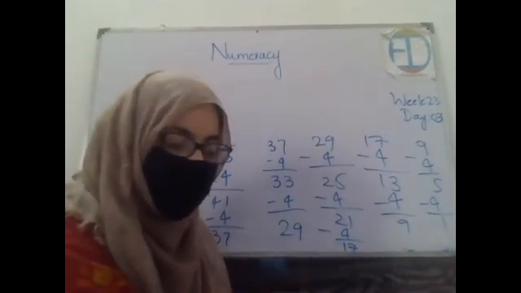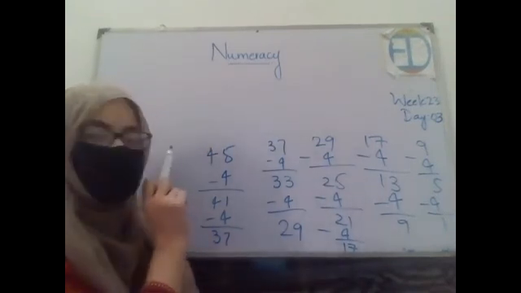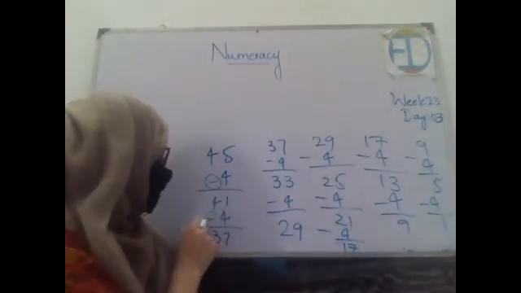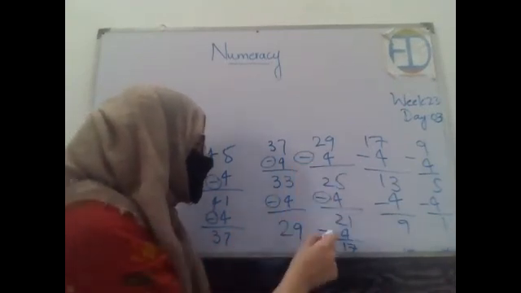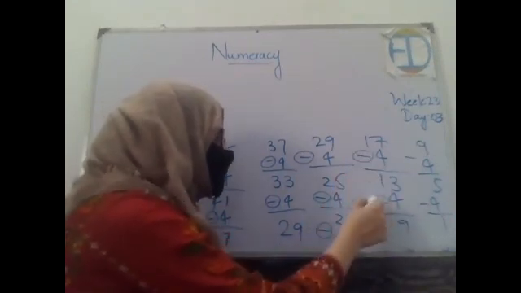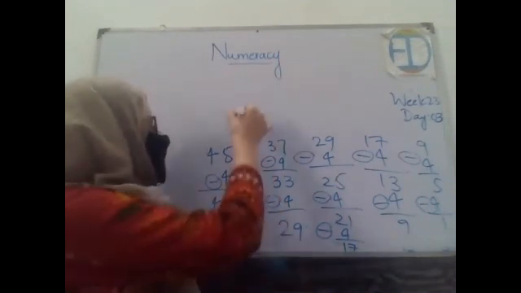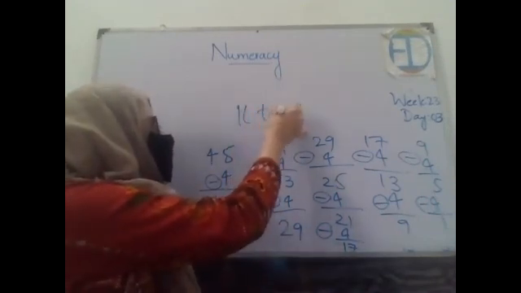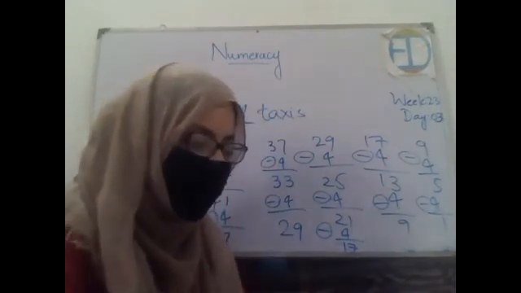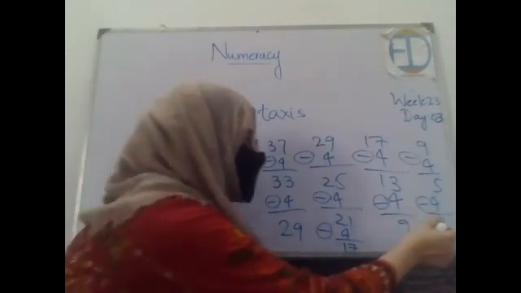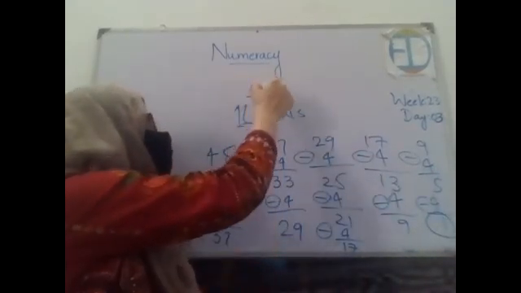So the thing that they have asked is how many taxis were used. So in order to find that, we will see how many subtractions we have done. 1, 2, 3, 4, 5, 6, 7, 8, 9, 10, 11. So this means that 11 taxis have been used by them. This is the answer of the first question. Second, they asked was anyone left? Yes. One person. How many persons are left? Only one person.